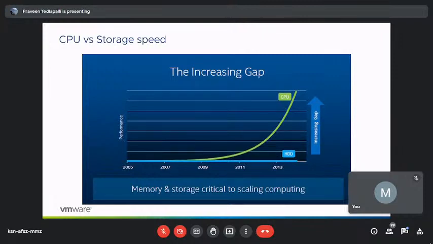Everything should run very fast so that we can get all these applications running faster, like Google search. If you want it to be fast, everything on the system should be fast: CPU should be fast, memory should be fast, storage should be fast. If the CPU is the only thing that is fast, that's not enough for any application that depends on all components of the system. So the solution for this problem, this performance gap between CPU and hard disk,